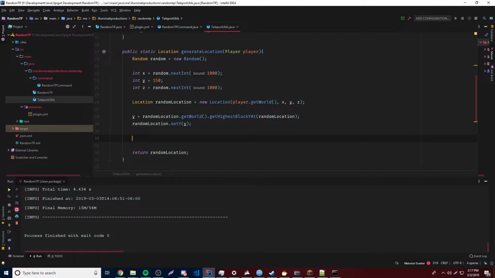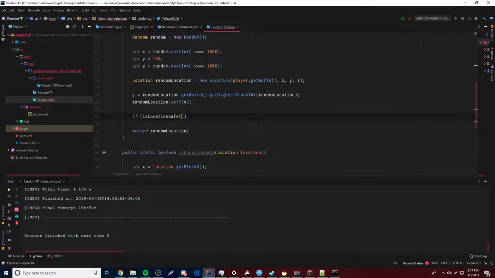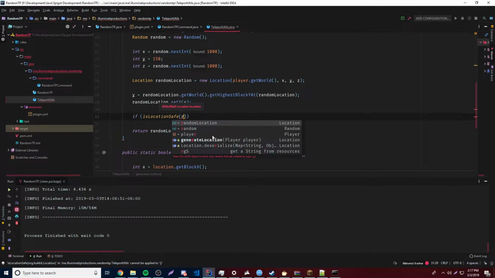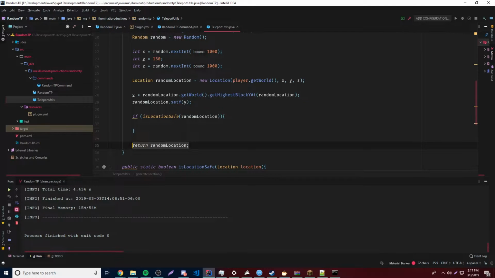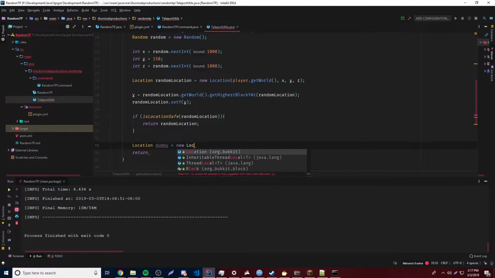So we can do something like this. If is location safe, and then we just plug in the location that we just created. So if random location is safe, then go ahead and return the random location, right? And if not, then go ahead and return, let's make a dummy location just for testing purposes. Location dummy equals new location, and then we'll just plug in player.getWorld